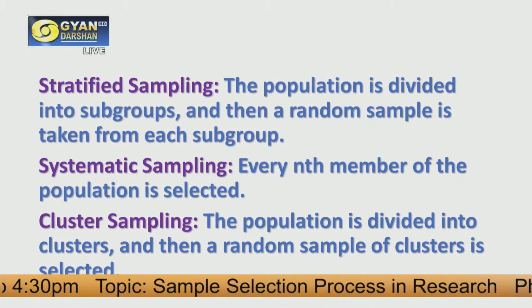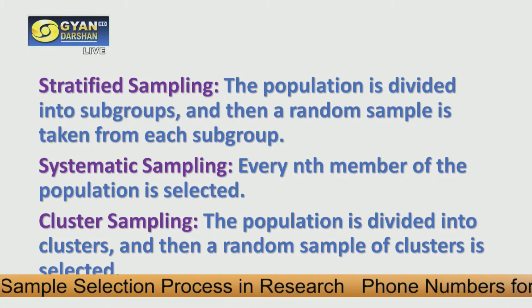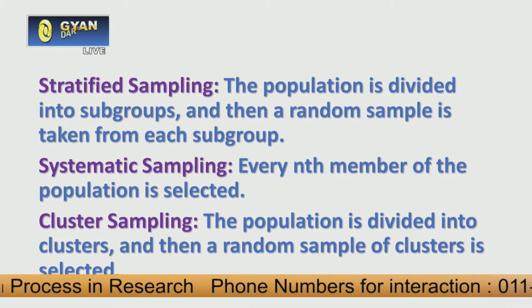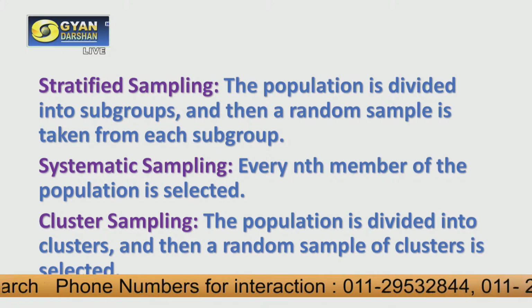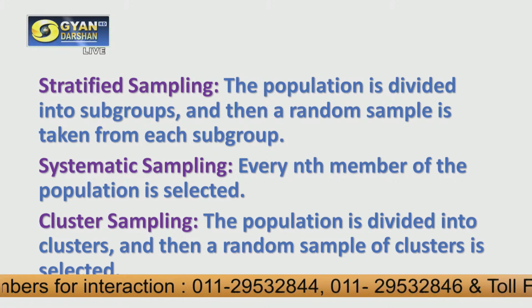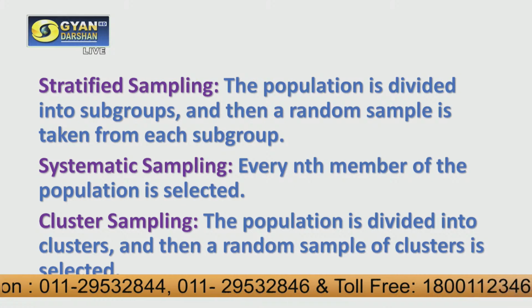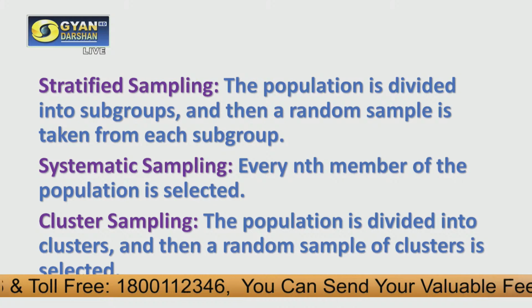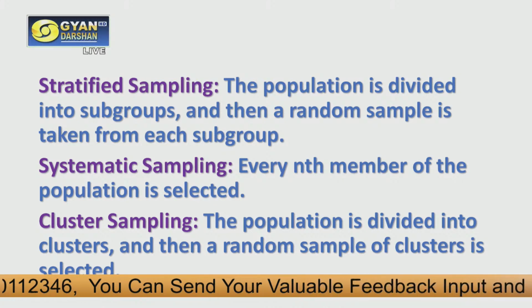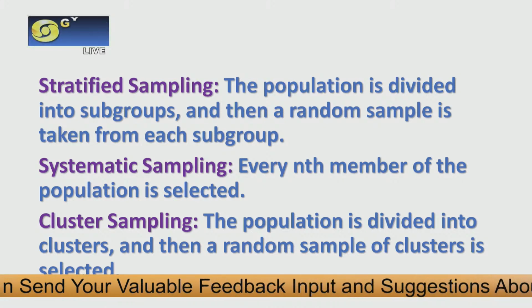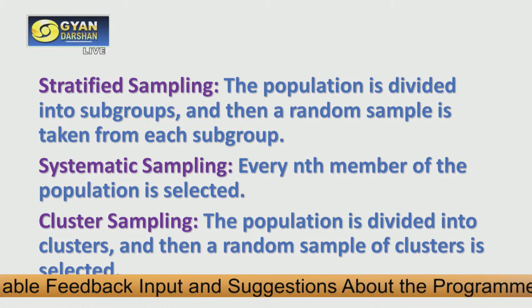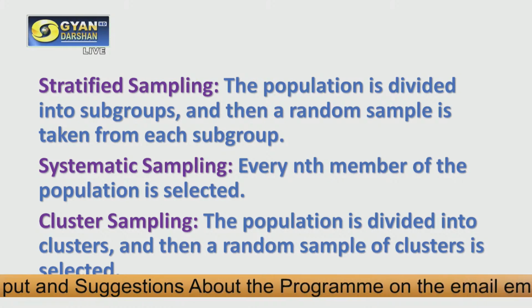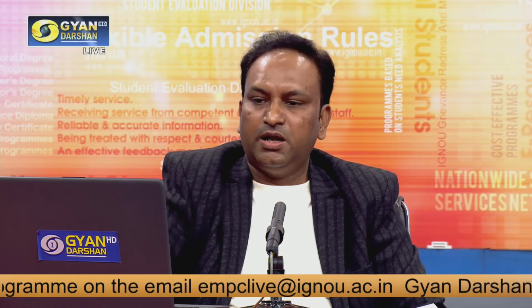Then comes the stratified sampling method. In the stratified sampling method, the population is divided into subgroups, and then from those subgroups, random sampling is done, as we have done in the simple random sampling method. But here there are many subgroups. From those subgroups, we randomly select some number of the population. Maybe you select the first, second, third, or suddenly the 10th. You may have a 10,000 population divided into 5 subgroups. From each group, you randomly select. After that,